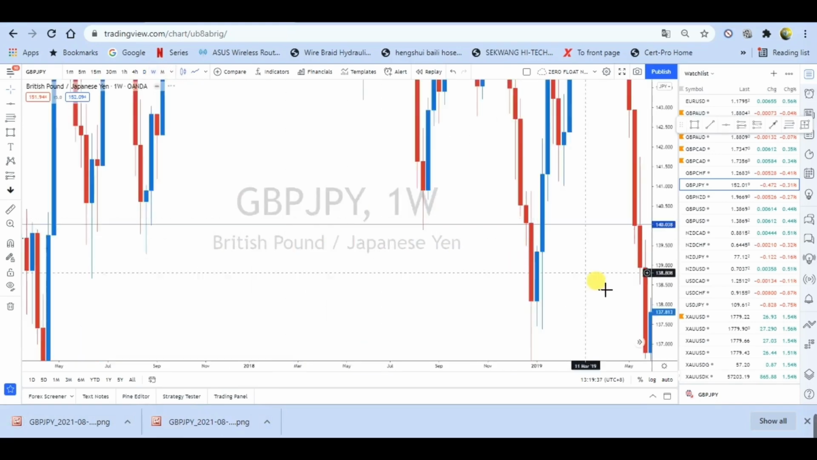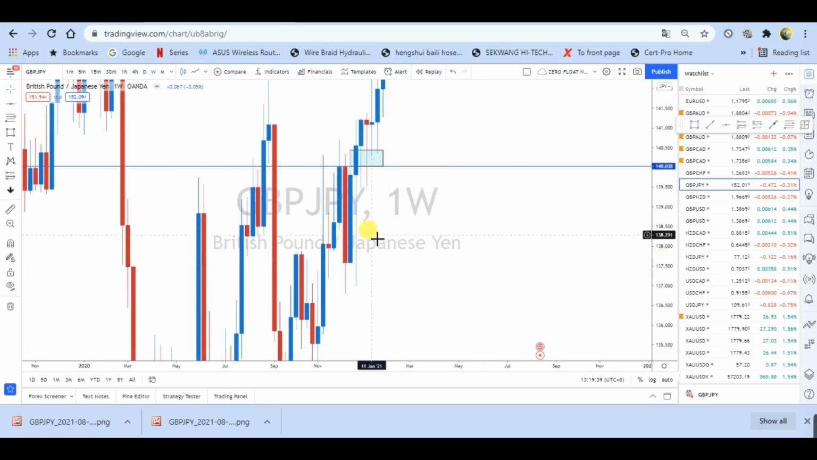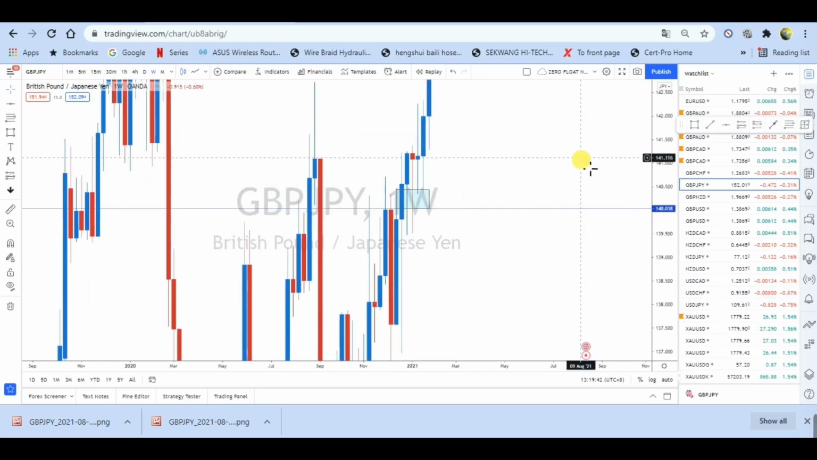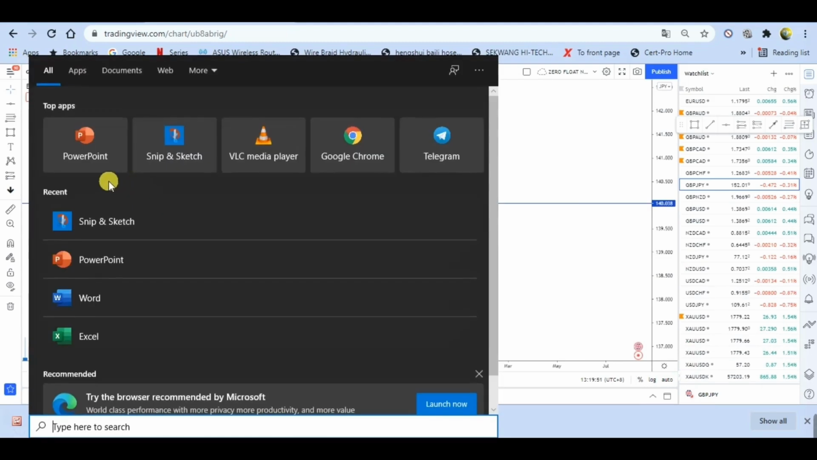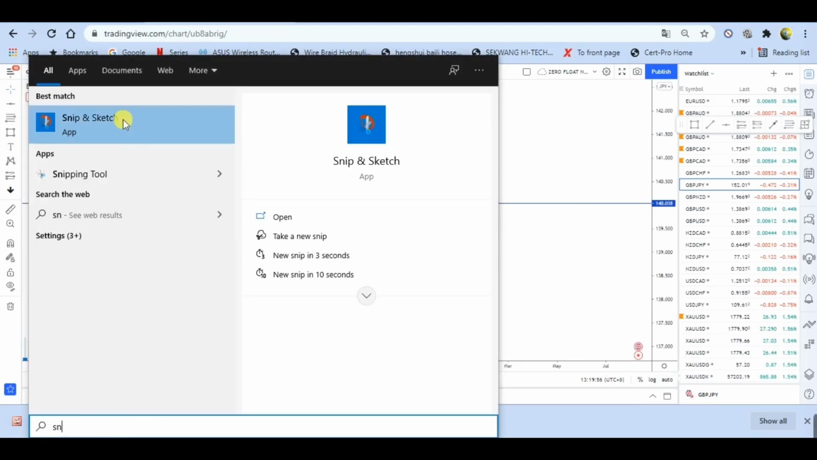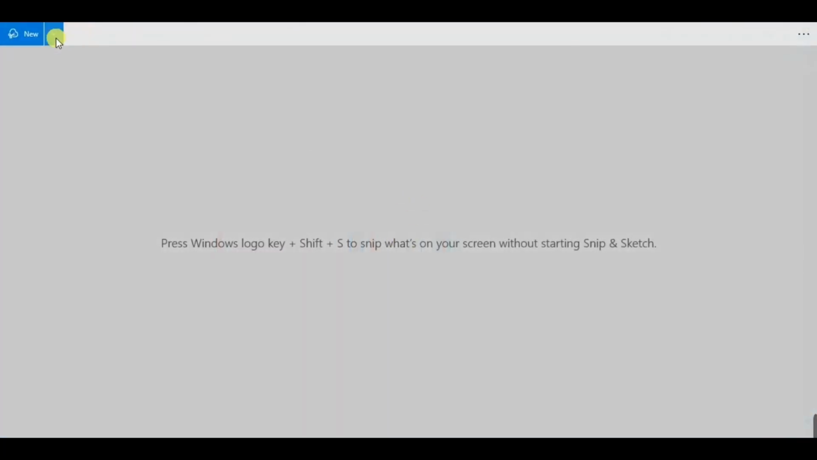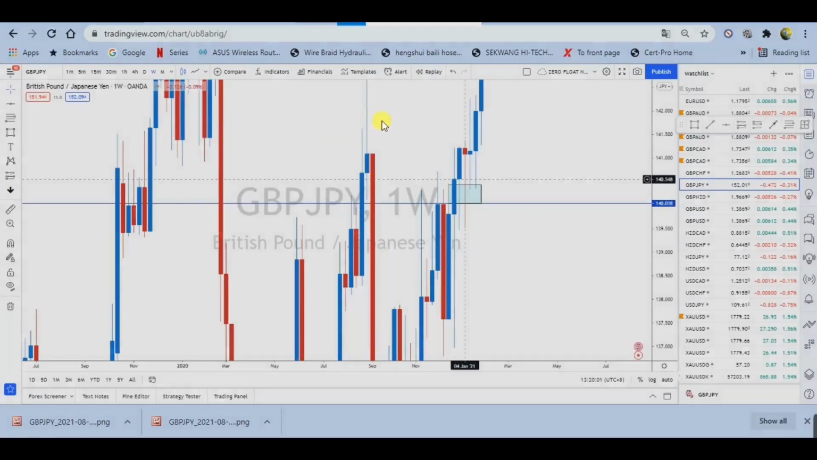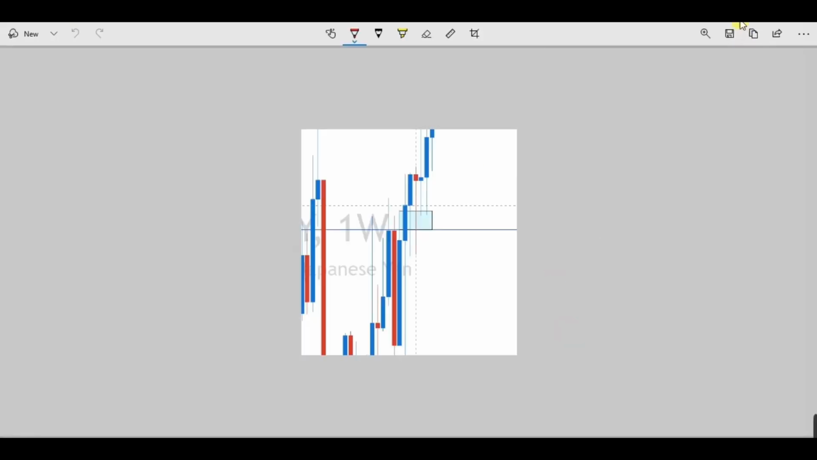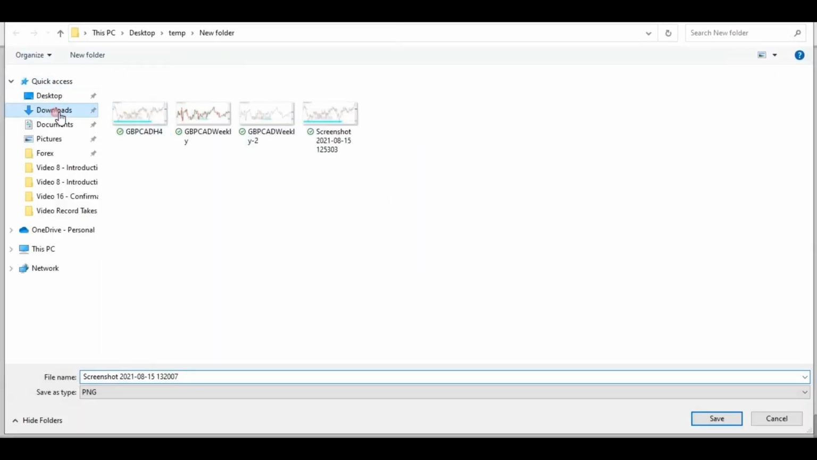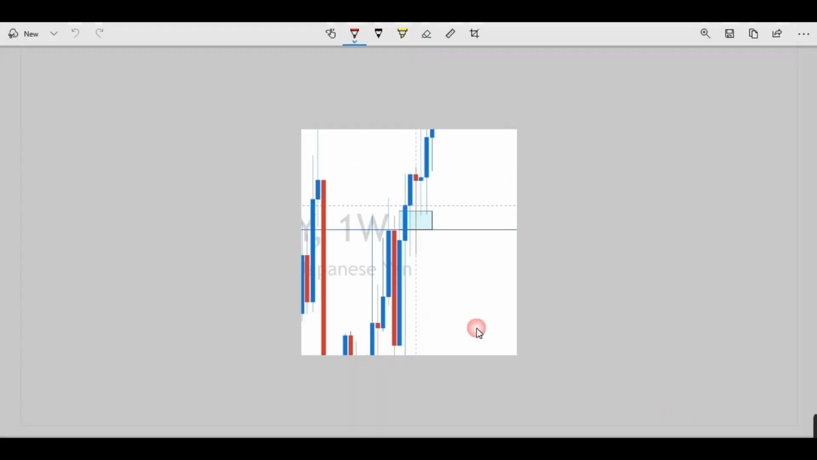This is another way. Sometimes we do not want to take the whole snapshot and save it into a file. What we can do is use this software called Snip and Sketch. You can just type in the search here, Snip and Sketch. Click on New, screenshot this area. That is very sufficient. Now I'm going to save this in my download folder together with the rest of these. There we go. Once we have completed all three,